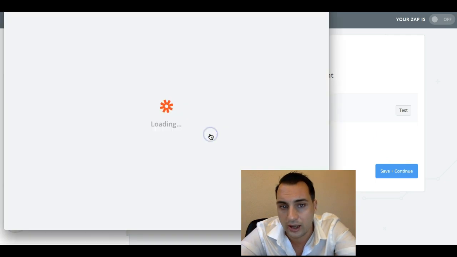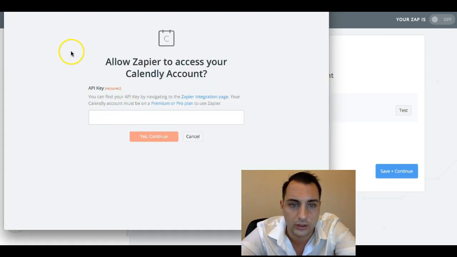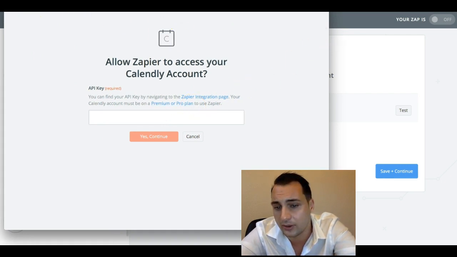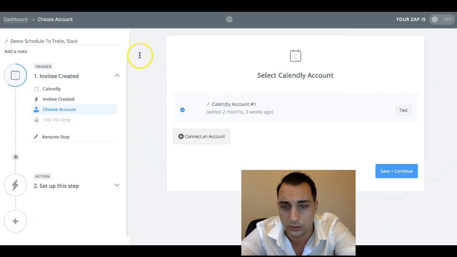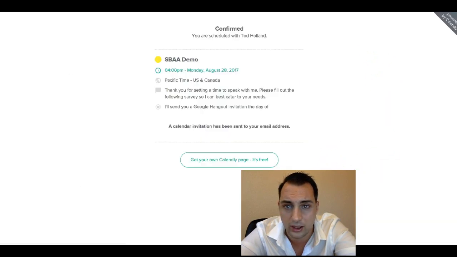You're going to connect your account, which you can do in various different ways with the API. With Calendly, they're going to want the API. Which is fine. I mean, it's what it is. It's what you've got to do. But in any case, you're going to go ahead and save this. And just so you guys know where the API is found, in case you don't already,